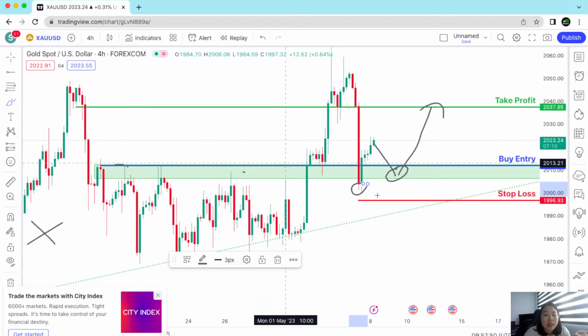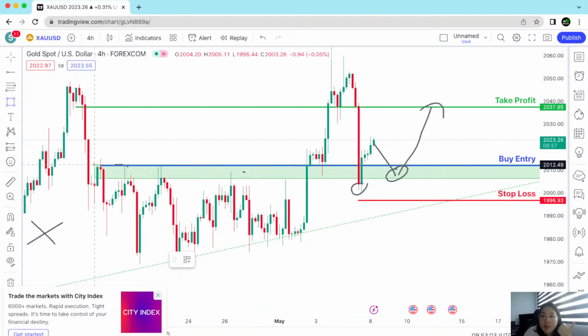That's totally fine, because the problem is I know it's going up, right? I know gold is going up. My bias is that gold is going up. It's just the entry zone is too wide. So when I'm looking at this chart, the entry can be anywhere from here all the way to anywhere from here. I can't possibly use this huge range. My only chance is to narrow down my range and hope my narrowed down range is the correct range.